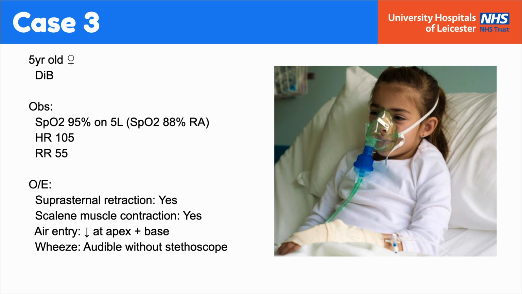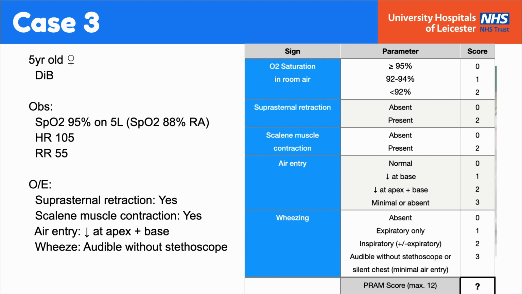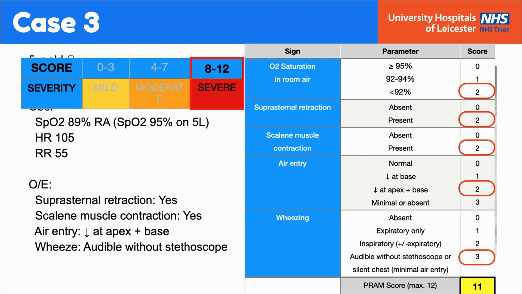Her oxygen sats are 95% on oxygen, but 88% in room air. She has both suprasternal retraction and scalene muscle contraction on palpation. Her air entry is reduced both at the apex and the base, and she has audible wheeze heard without a stethoscope. So if we calculate her PRAM score, it will be 11, making her as well eligible for recruitment to